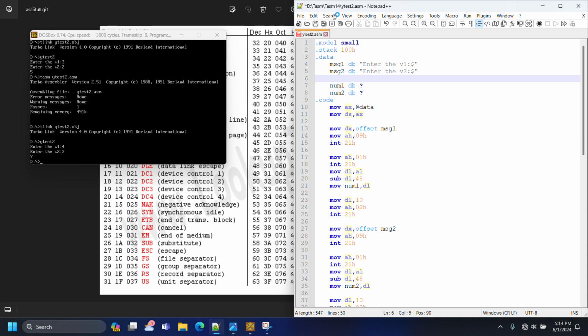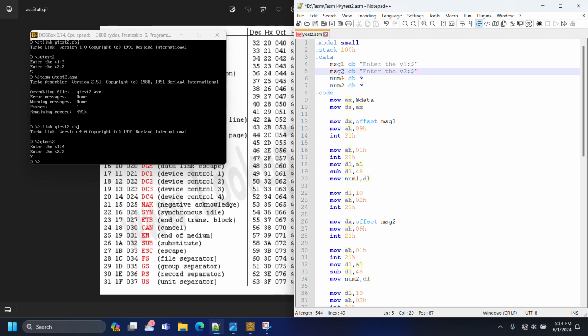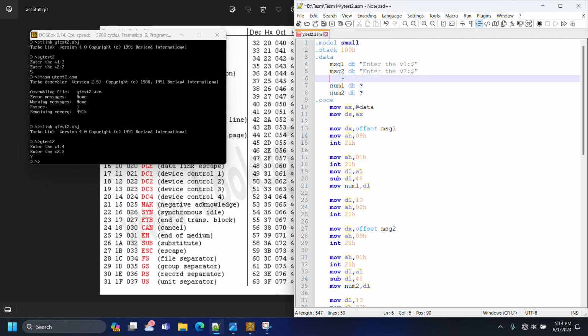In the last video we saw how to get the summation, so in this video we are going to see how to get the subtraction. I'm going to use the previous code because it's the same, but the difference is only one line. So here I'm going to use message three to give the subtraction, right? So subtraction sub this,